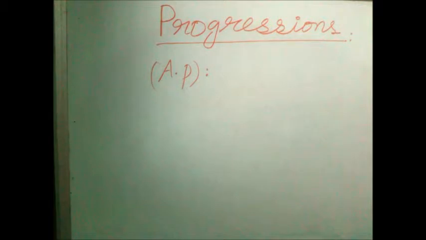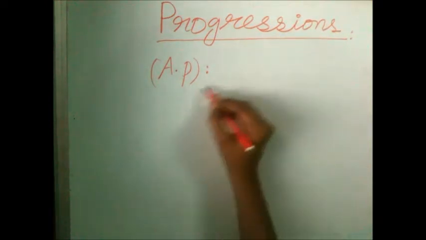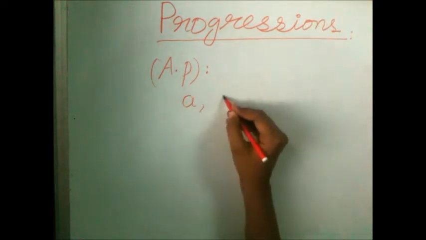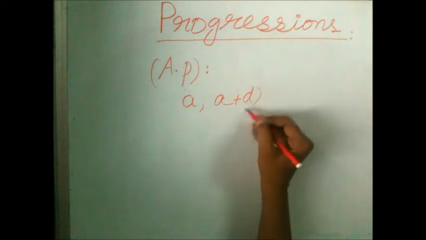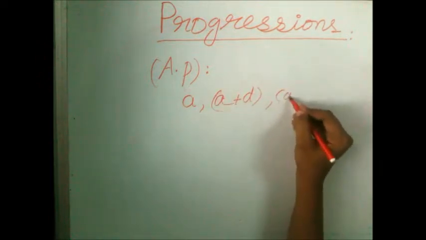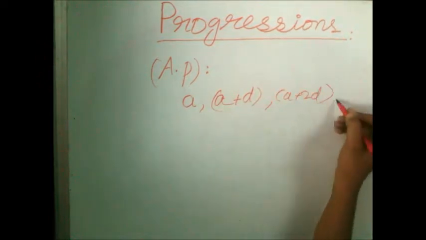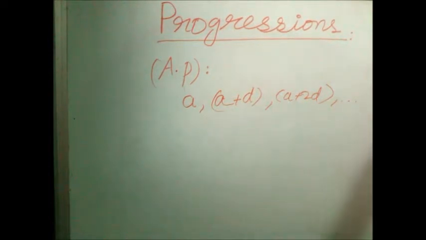So an AP with first term A and the common difference D can be defined as A, A plus D, A plus 2D. We have a common